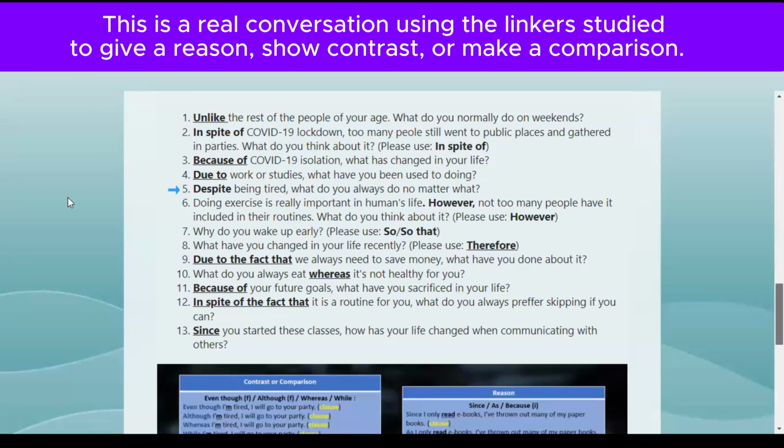Unlike Maria, I don't go to the gym if I'm tired. I have to say that I admire Maria because that's not something that I would do. Me too. But if you ask me, despite being tired, I always take a shower before going to sleep. It doesn't matter that I've worked all day. I always take a shower no matter what.